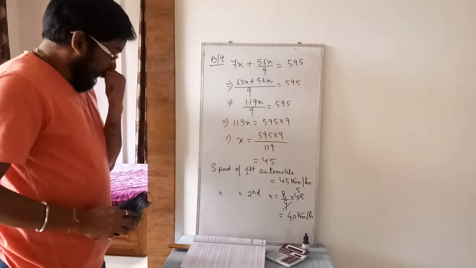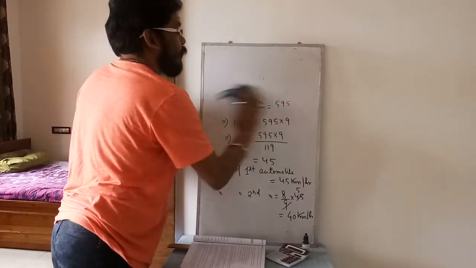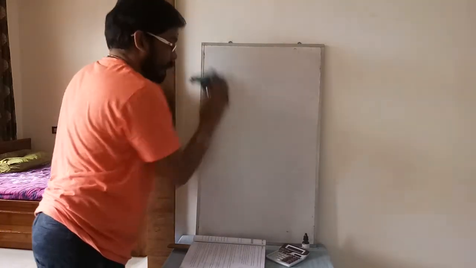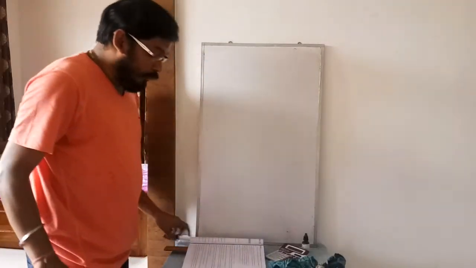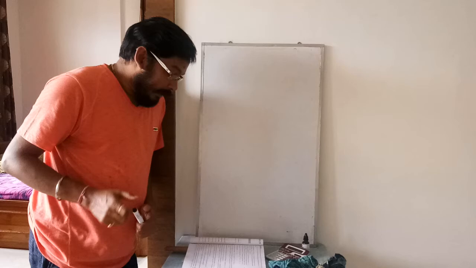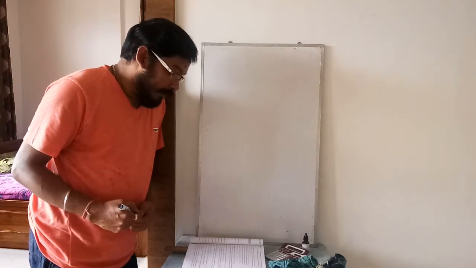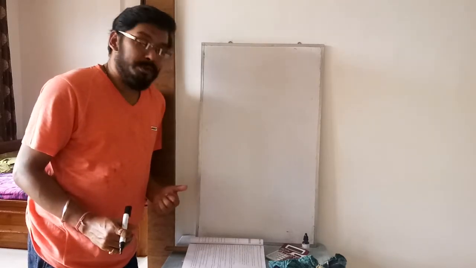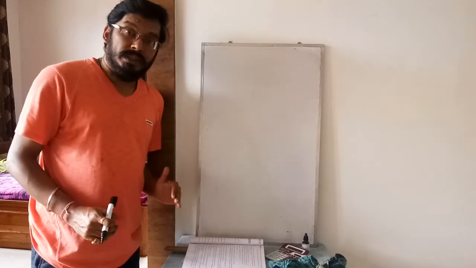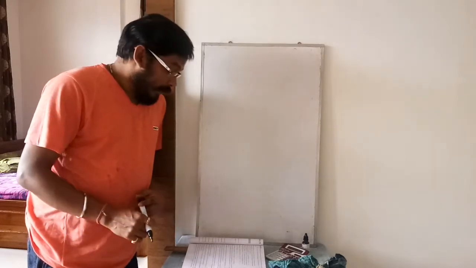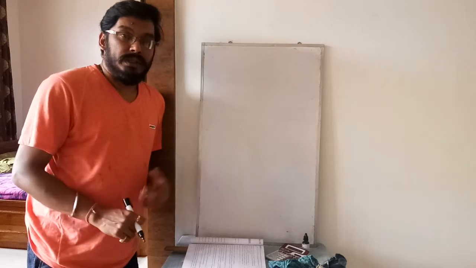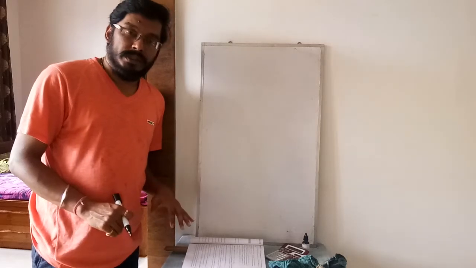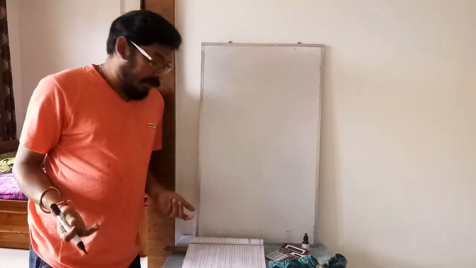Question number 19. If we go for question number 19, what did they say? They have said a motorboat goes downstream in a river and covers the distance between two coastal towns in 5 hours. When the motorboat travels upstream, it covers this distance in 6 hours. So upstream the distance was covered in 6 hours, and downstream in 5 hours. The reason is the distance between the two coastal areas is the same.